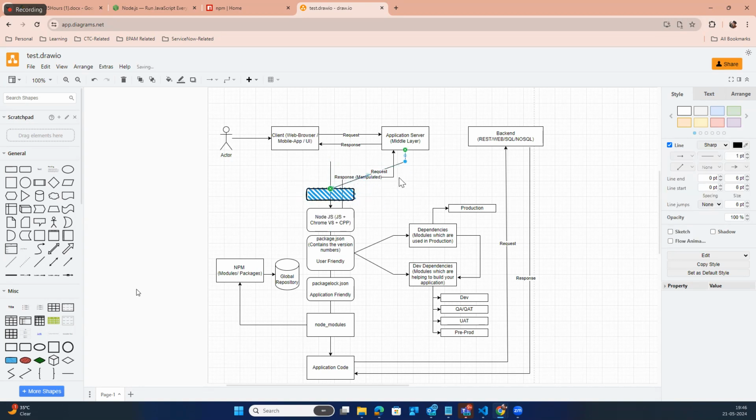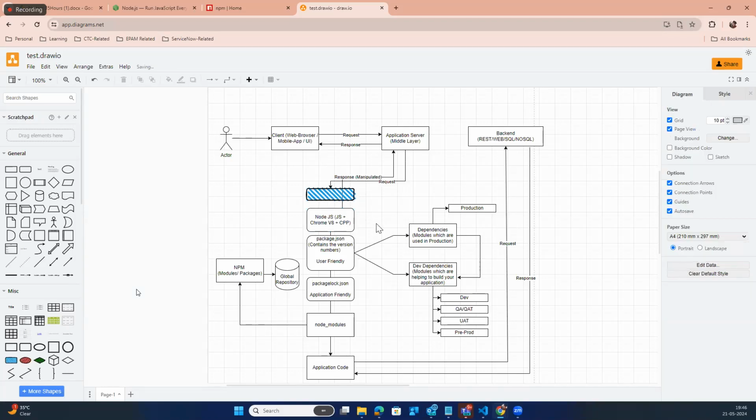So in that case, we will inject something called a middleware. This middleware's job is to check and find